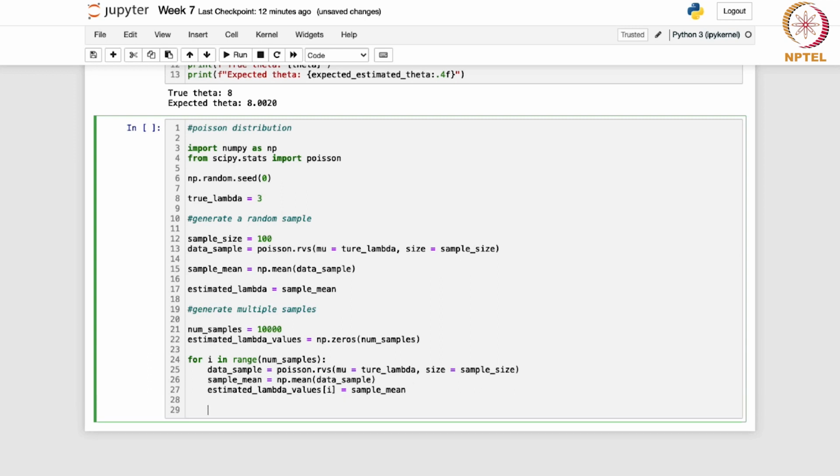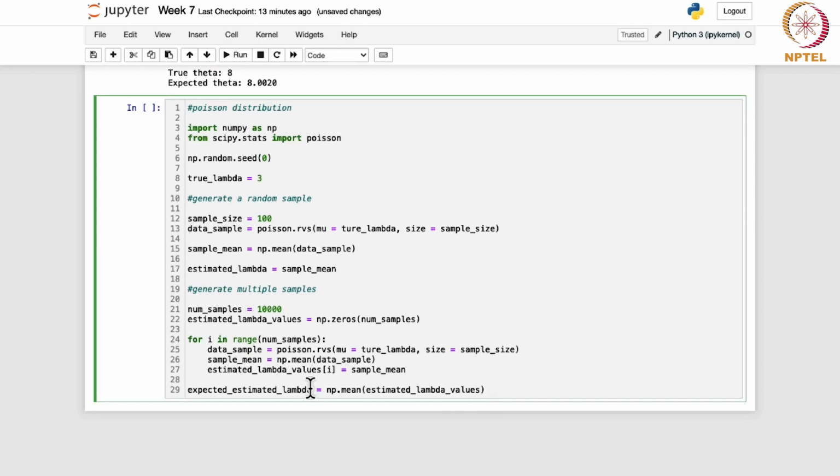Okay, so once it is done, you will have an array for estimated lambda values, and we can calculate the average of those. So let me just write expected, because we are going to find now the expected value of this. So np.mean. Okay, so if we just print this value over here,